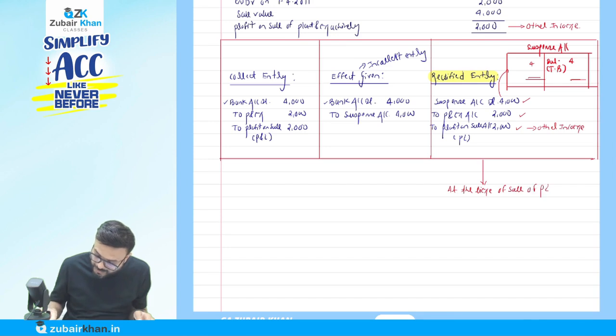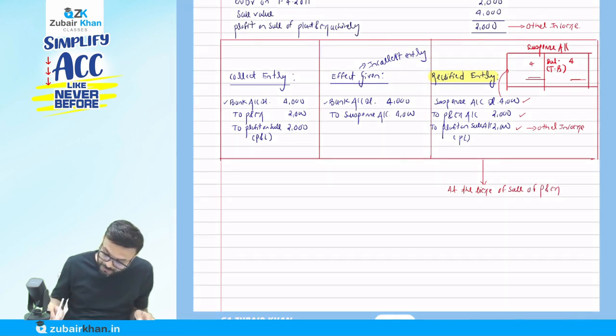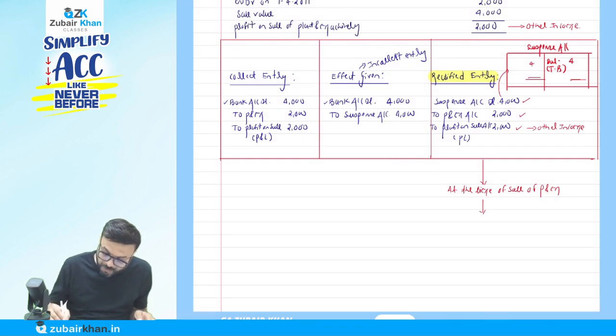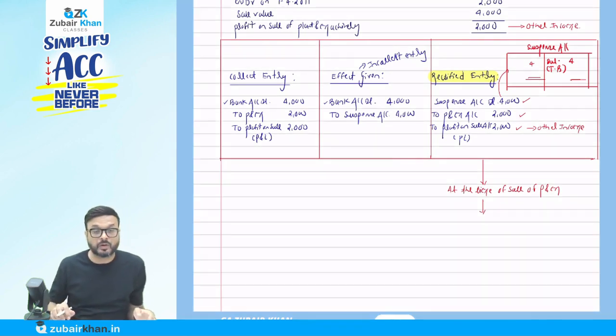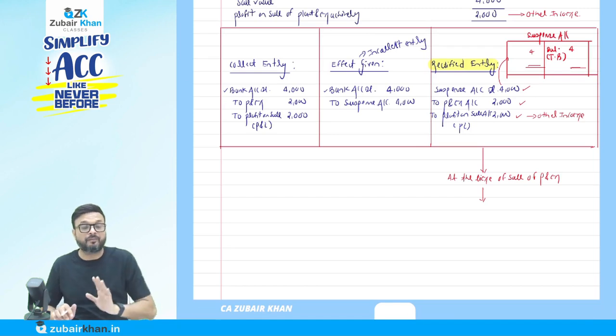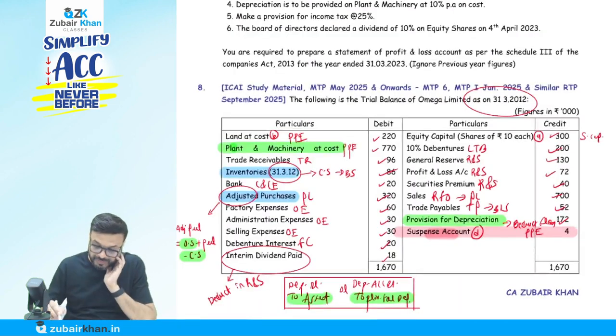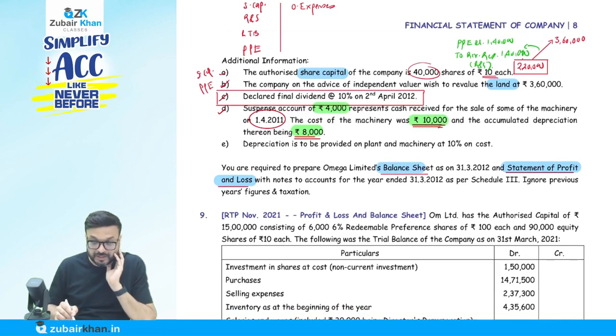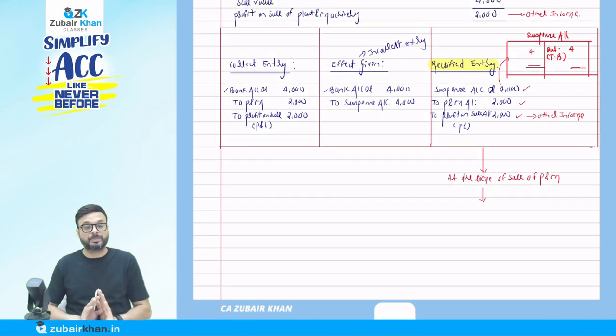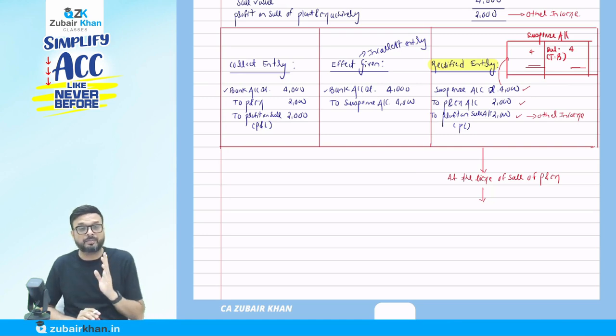of plant and machinery, you have to pass one entry. We have to cancel the provision for depreciation account only by that much that we have for that particular asset. So for the asset which we sold, how much is the accumulated depreciation? 8,000. So we have to cancel the provision for depreciation by 8,000 and plant and machinery by 8,000. To make it simple, when we prepare the balance sheet, in both cases I will deduct this from the provision for depreciation and